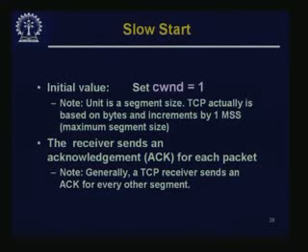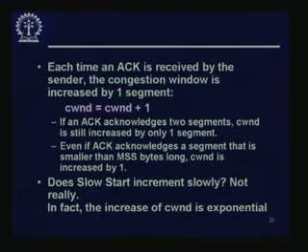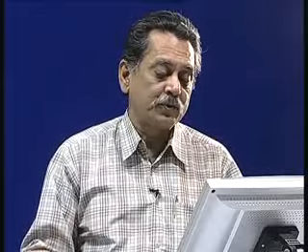The receiver must acknowledge every packet, so that for the first packet that it receives, it can send the acknowledgement. Note, generally a TCP receiver sends an acknowledgement for every other segment. We will come to that later. Each time an ACK is received by the sender, the congestion window is increased by 1 segment. So, the sender has sent one packet and got the acknowledgement. The sender then decides that things are fine, so maybe we can do better, that means increase the congestion window size CWND. So, we increase CWND by 1, making CWND equal to 2.